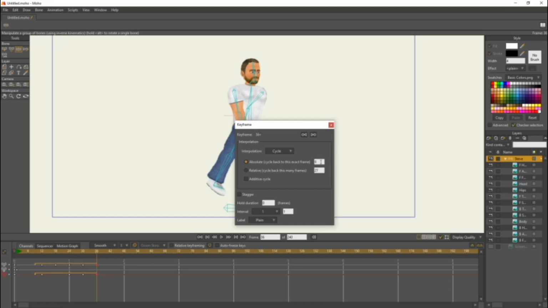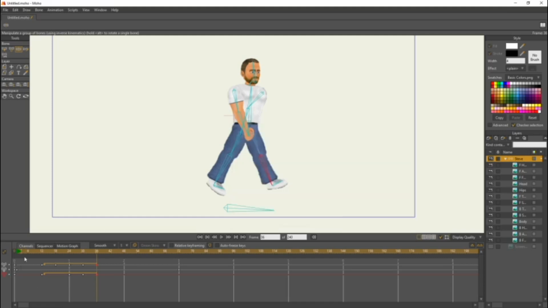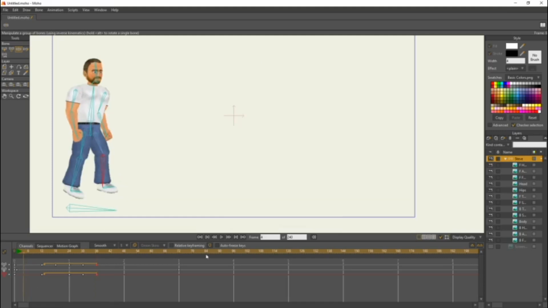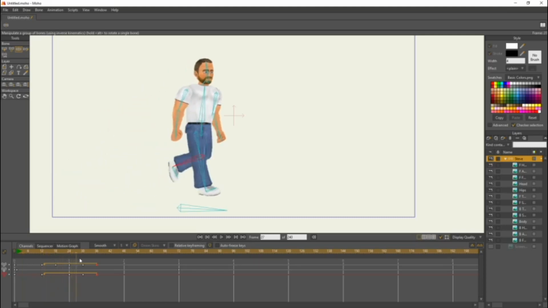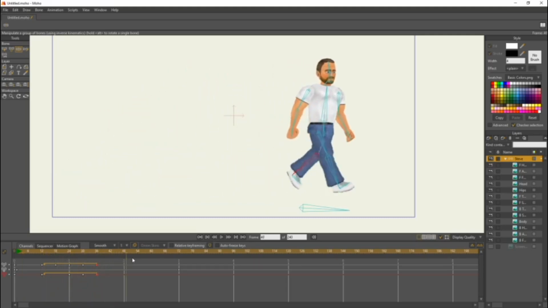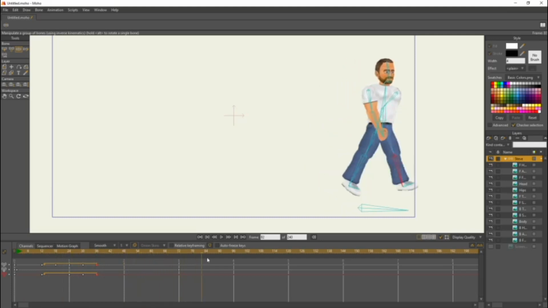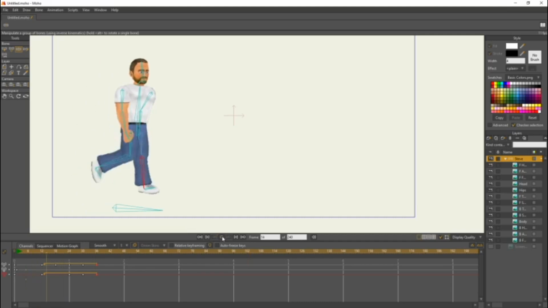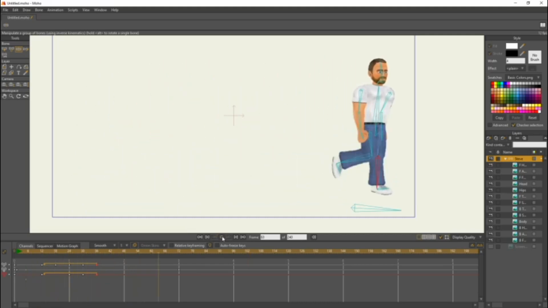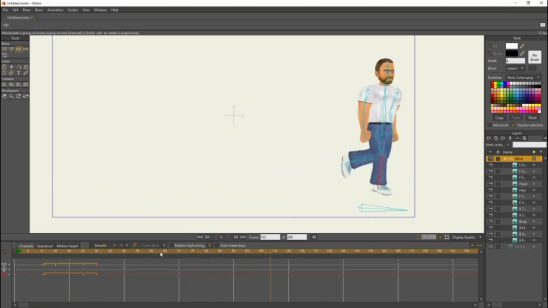So put this on frame 13 or wherever the exact keyframe after you started your walk cycle, and then we're going to hit X. And now as we play this, he should continue walking even after we stop. You see, he's continuing to do the walk animation. So he'll just continue to do that the entire time if we just let it run.